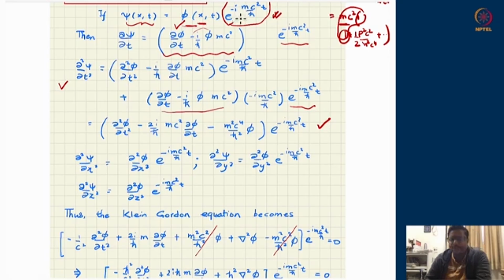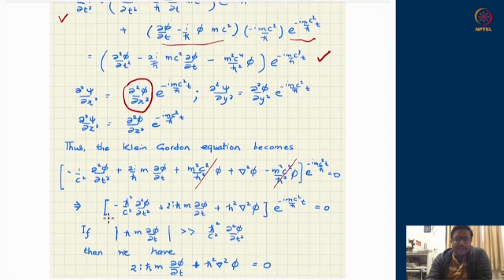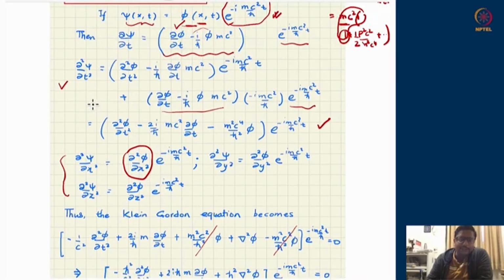In this second part of the exponential, there is no x. So d2 psi upon dx square will just hit the phi part, and I will have a double derivative of phi with respect to x. And similarly for y, and similarly for z as well. So I would have three kinds of term for spatial derivatives, all the derivatives hitting the phi. In temporal part, the derivatives will hit phi twice,